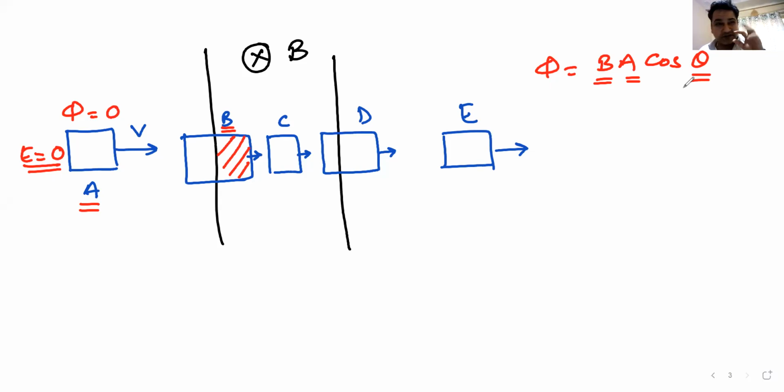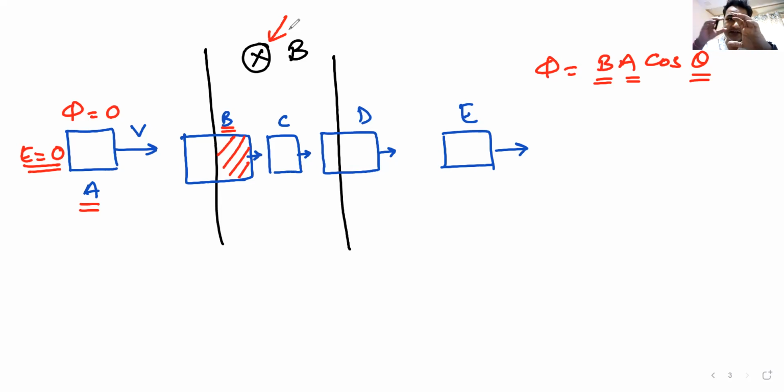Now how will it try to decrease it? Remember this. Flux does not have any direction, but this is just to understand and to apply Lenz's law. Let us assume that whether flux is increasing or decreasing, it will always do so in the direction of the magnetic field. Flux is increasing. In which direction? In the inward direction, because the magnetic field is in the inward direction. Now I have to decrease the flux, not the induced EMF. So what will I do?